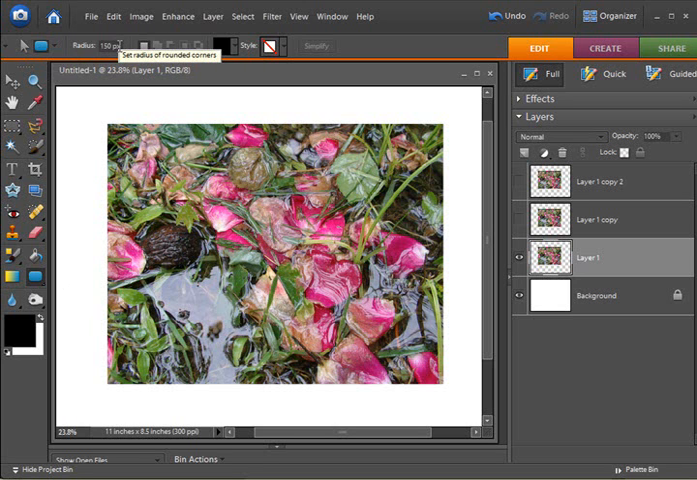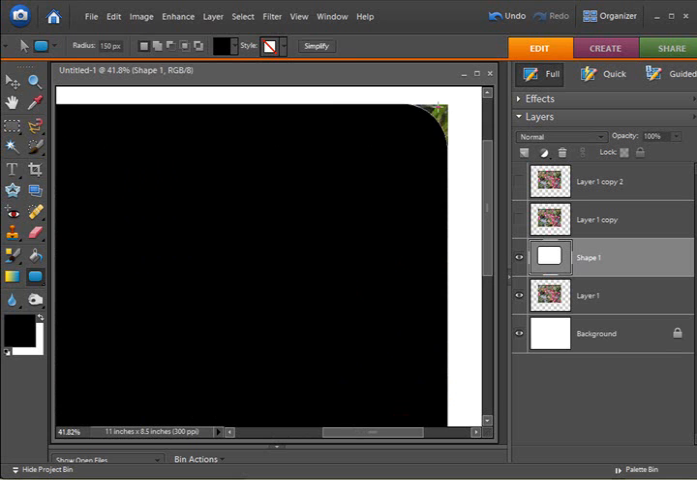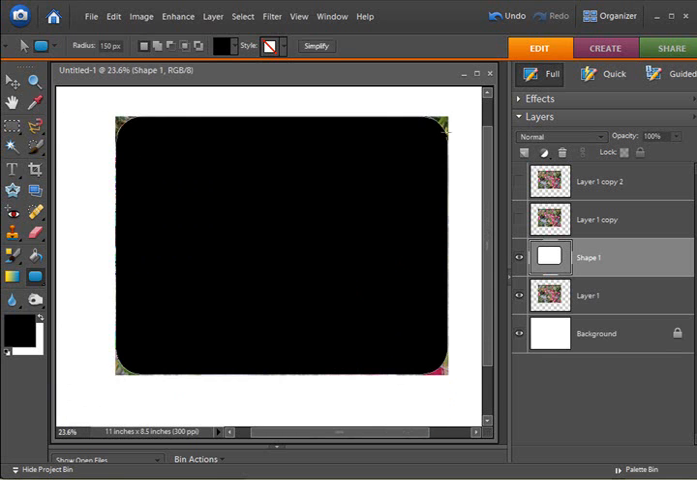The radius is going to affect how rounded the corners are, and you can play with it. I'm going to just go ahead and draw. This is a 150 pixel, and you can see, I'm going to zoom in a little bit, it has a nice rounded corner, and this may be perfect for my purposes, but if I